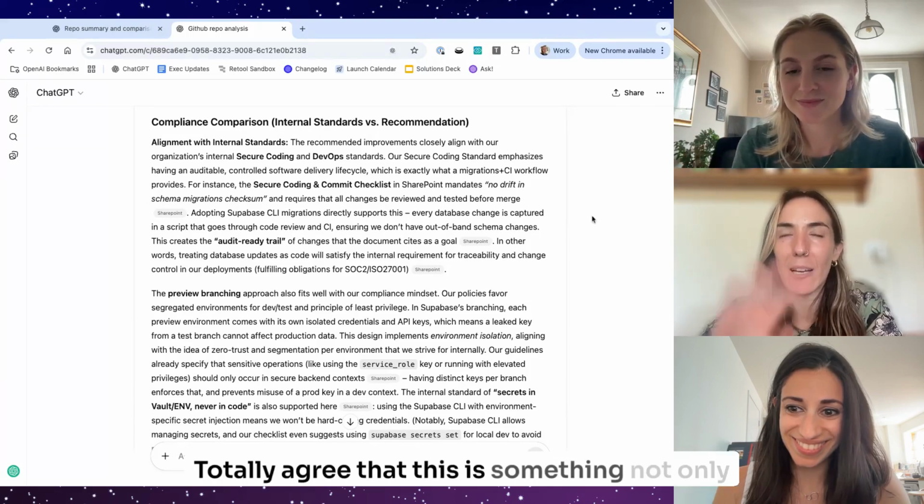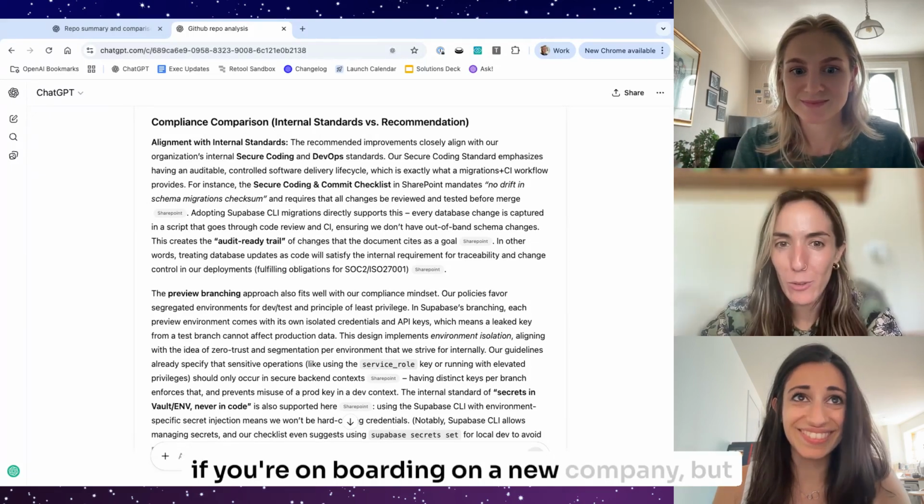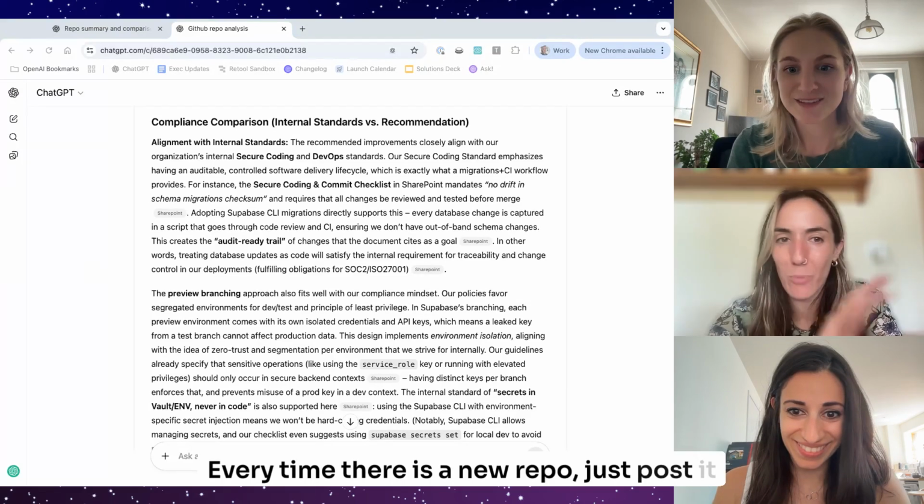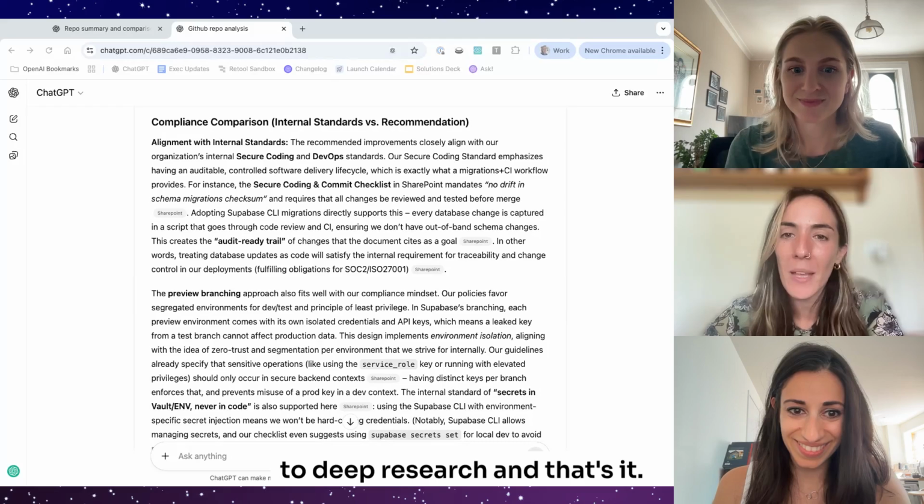Totally agree that this is something not only if you're onboarding on a new company, but on a new project, right? Every time there is a new repo, just push it to deep research and that's it. Okay, so